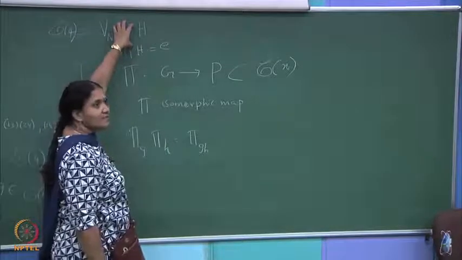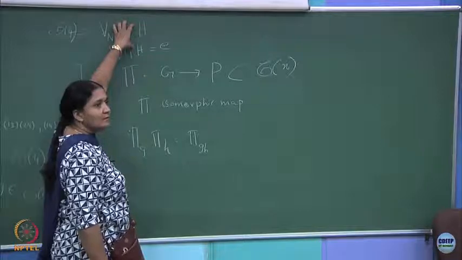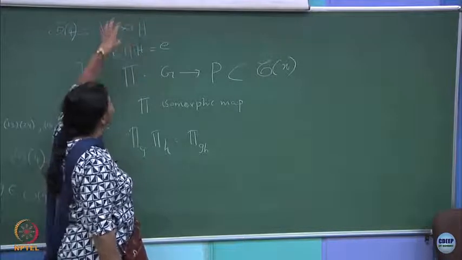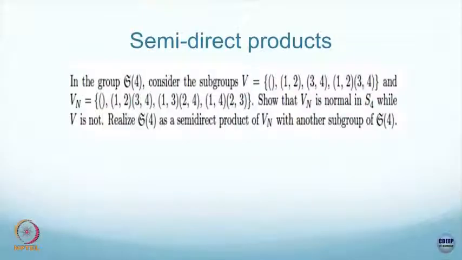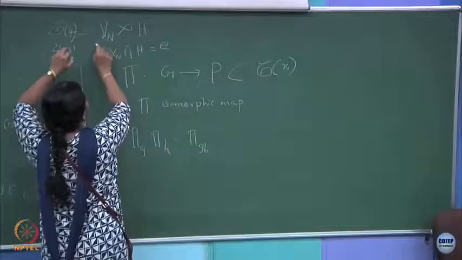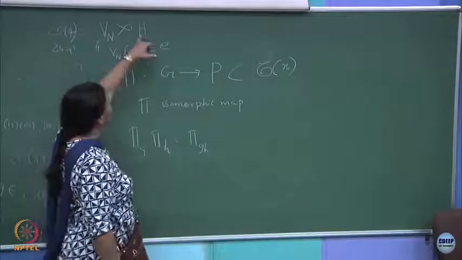Semi-direct product is given by the symbol. Okay. So, this is the symbol for semi-direct product with this condition. Then you are asked to find a subgroup H such that the semi-direct product gives you all the elements of that symmetric group of degree 4. How many elements are there? First check, 24 elements, which is 4 factorial. Here there are 4 elements. How many elements should be here?